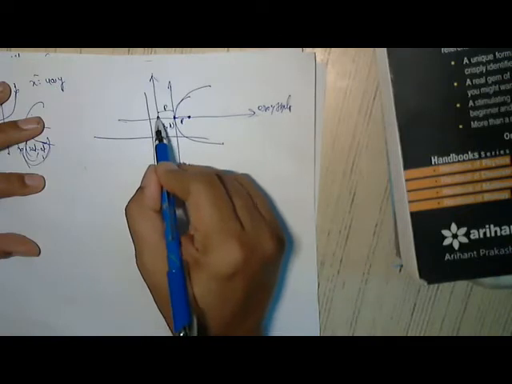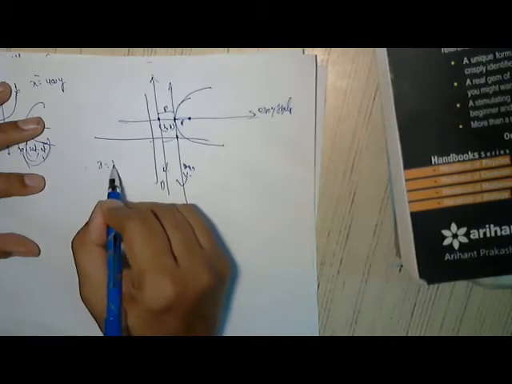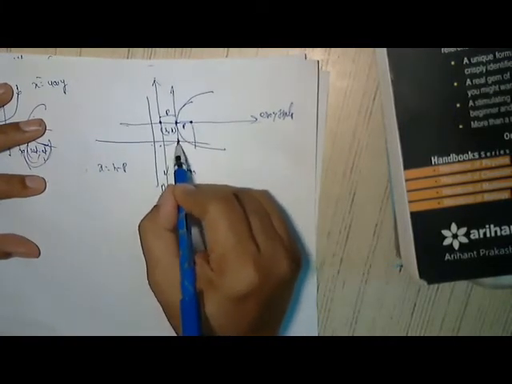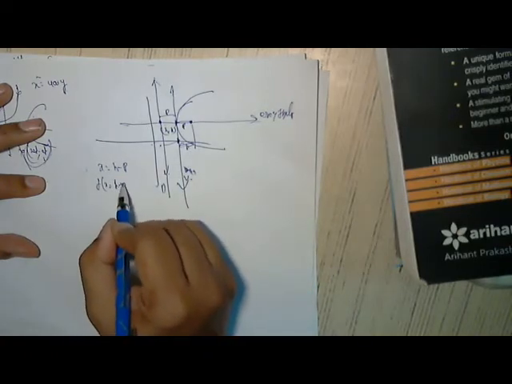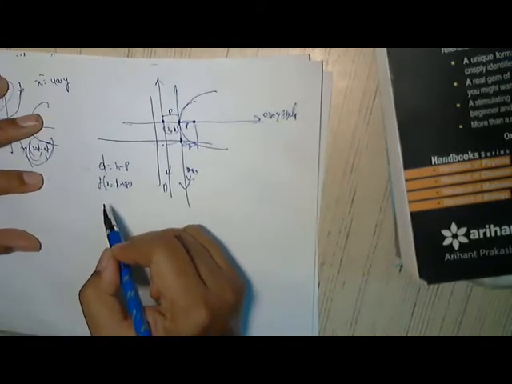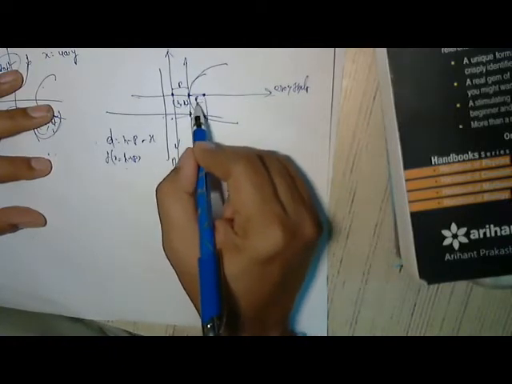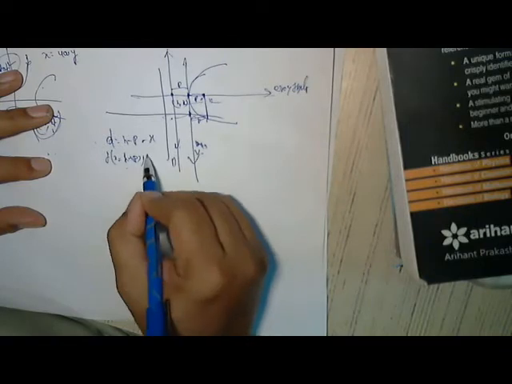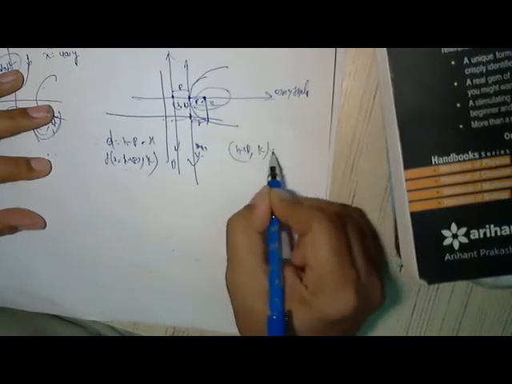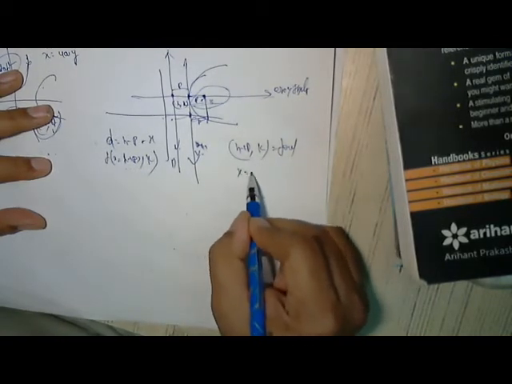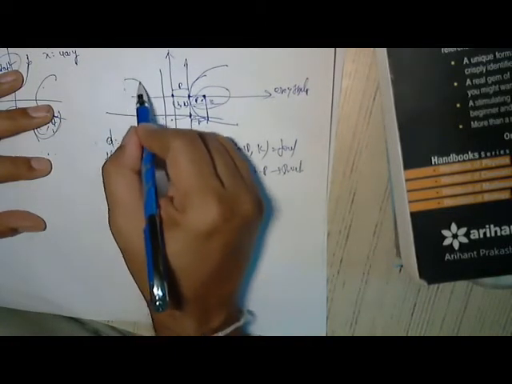Now from here to here is H, and this is P, so X is equal to H minus P. What is the focus? This is H, this is P, so the focus point F is X is equal to H plus P. This is the directrix. Focus X is equal to H plus P. And Y is equal to K. So H plus P comma K is the focus. X is equal to H minus P is the directrix. So similarly for others.